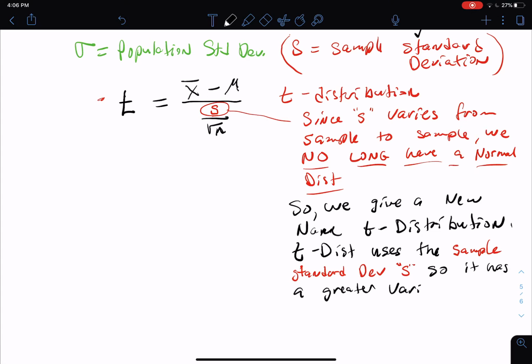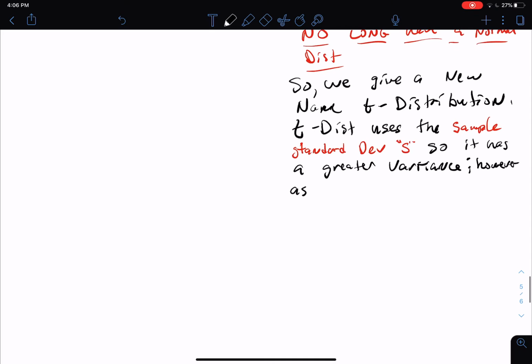And so the fact that it has a greater variance causes the distribution to be flatter and not as high as a normal distribution. It has a greater variance, so it's spread out a little more. But I want to say, however, as the sample size gets larger,